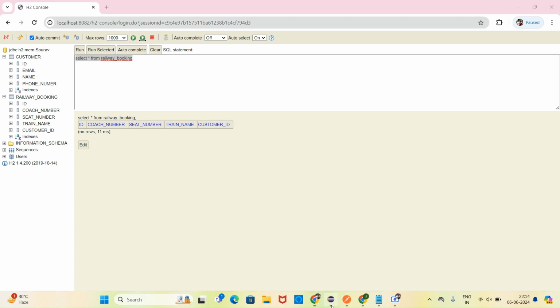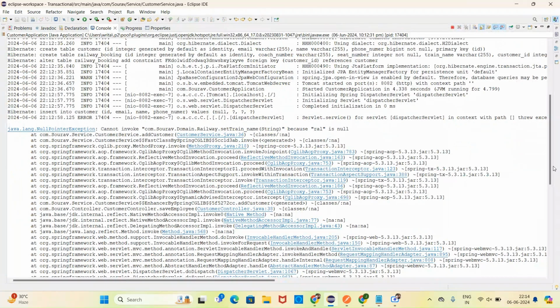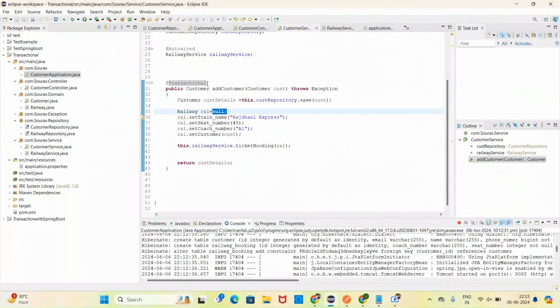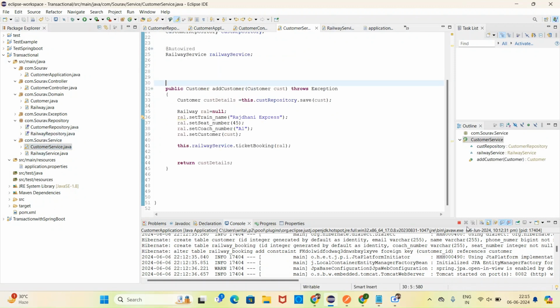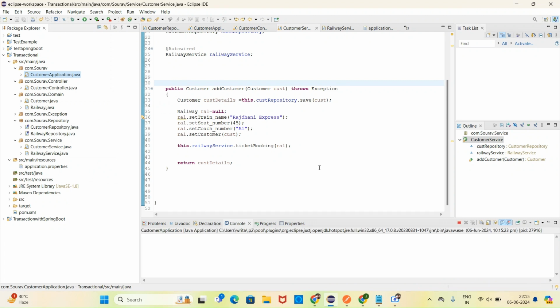If you change to this one, you can also see that. I will show you one more time, another difference. And customer service, yeah. So now let's see one more observation. Now we run the program once again